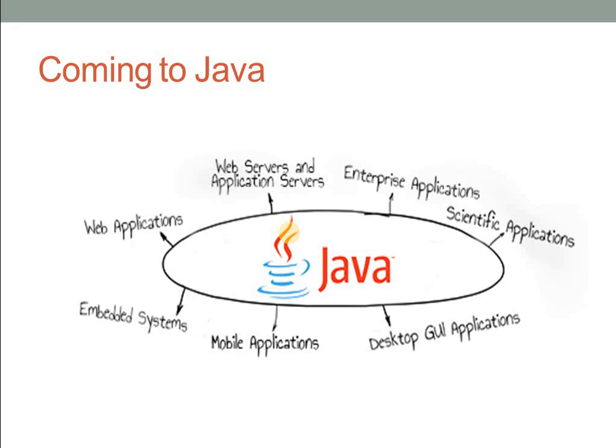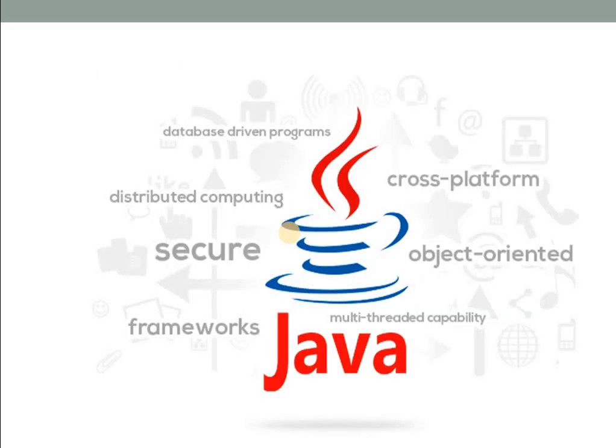Now, coming on to Java. Now we are entering the concept of the Java programming language. We know Java is getting popular in many areas. We can apply it in many areas like web servers, application servers, enterprise applications, scientific areas, graphical user interface applications, mobile, embedded systems, web applications, etc. And coming on to the features of Java, we might have heard that Java can be used as a cross-platform independent language. It is object-oriented, and we have seen the concepts of object-oriented programming language.